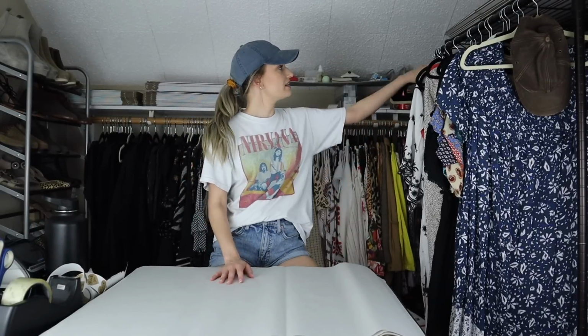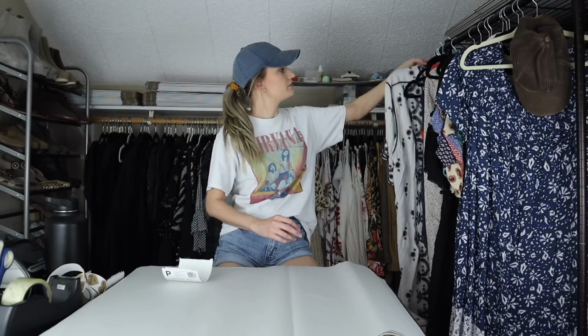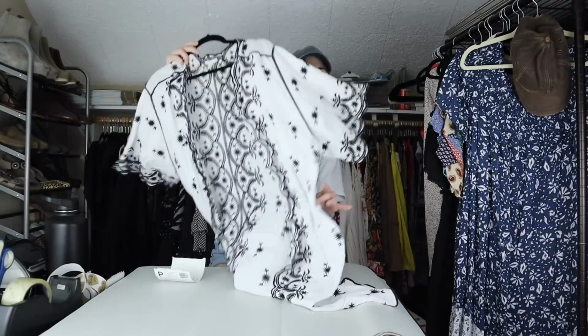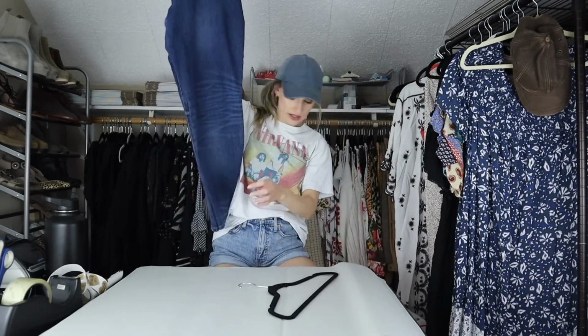Okay, next, this 2-piece bundle I did actually have to cancel, and my phone is over there, so I'm not sure if the buyer wants to repurchase the one item. So I'm just going to show you guys. The first piece was this Kato embroidered long line kimono. This piece is totally fine. There's nothing wrong with it. But the second piece in the bundle,